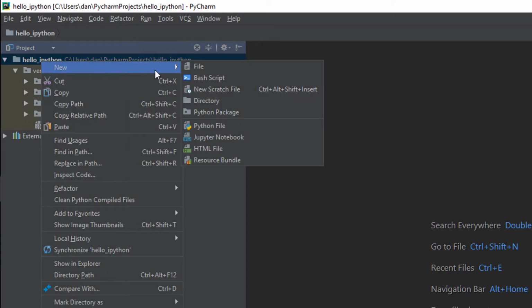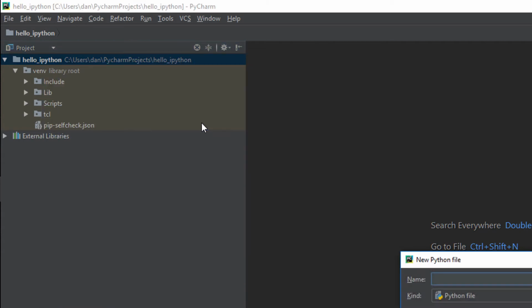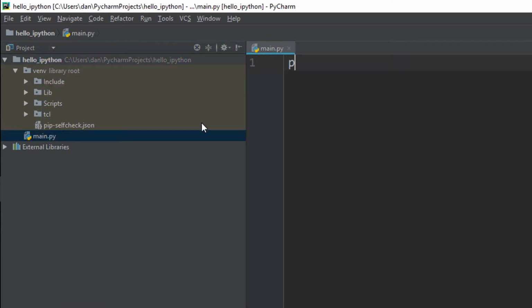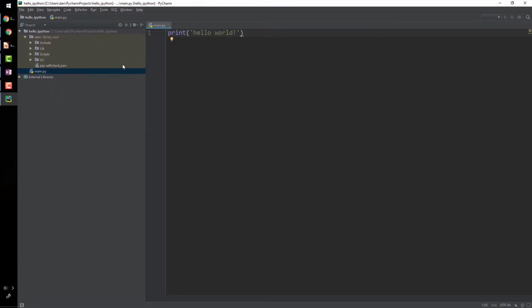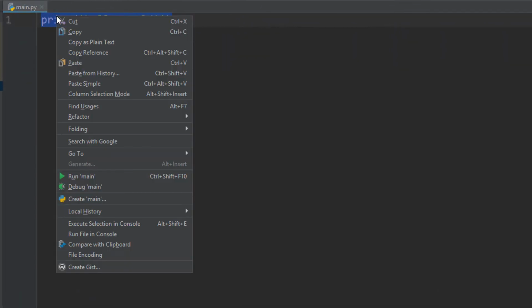Let's add a file to it, a Python file. For the sake of our example, we call it main, and we just have some piece of code. Let's say hello world. Now, instead of running the whole file, we want to just run a piece of this file in the console. So let's say I just want to run this statement in the console, and we select it,